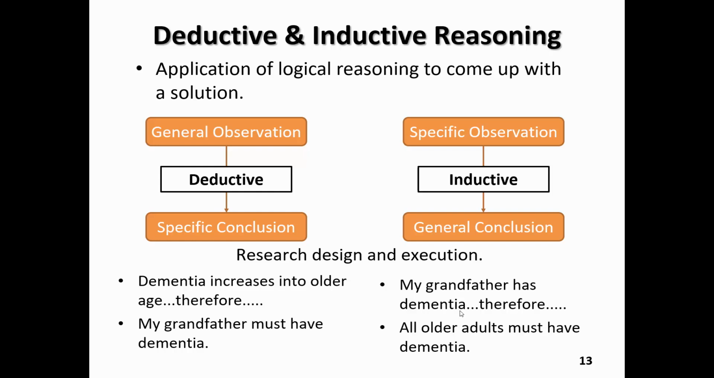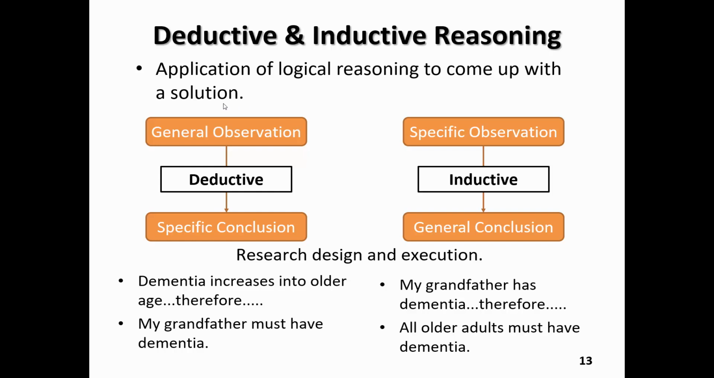So you can see a very similar pattern here: if we rely solely on inductive reasoning, I might arrive at an inaccurate or incorrect conclusion that all older adults must have dementia. And so when we talk about research design and execution, the scientific method is an application of both techniques, where